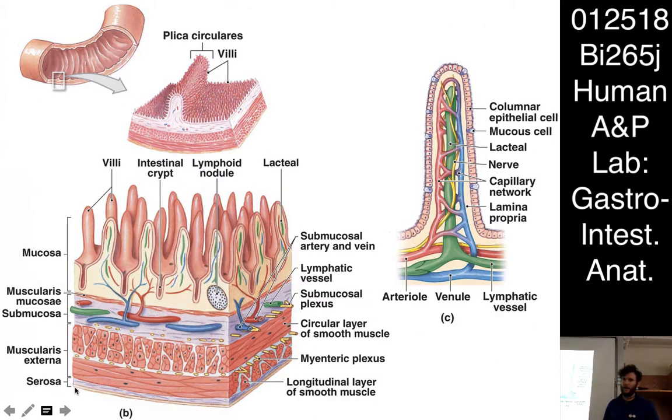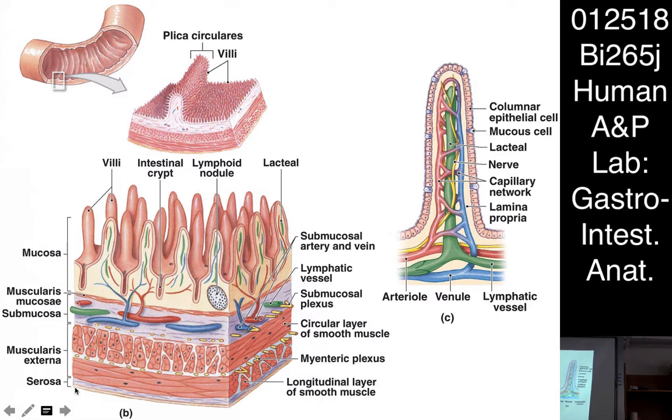All right. So here's a plica, and let's zoom in and look at some of these villi. All right. Here's a villus, and we see that indeed it is multicellular. Each of these columnar epithelial cells are going to have microvilli on them that are going to increase their own surface area. Under this epithelial layer, there's a lamina propria once again, and in that lamina propria is this capillary network. But also running up into there with the neurovascular bundle is going to be a lymphatic structure associated with each of the villi, and it's called a lacteal,